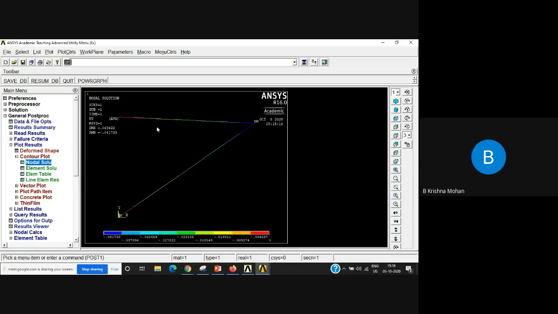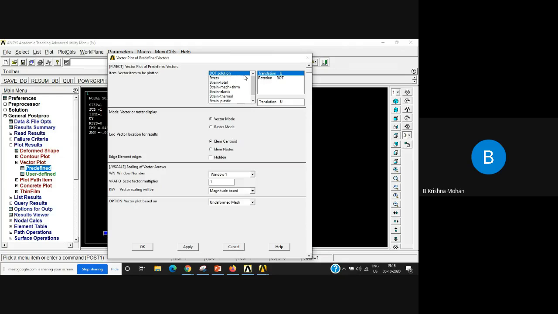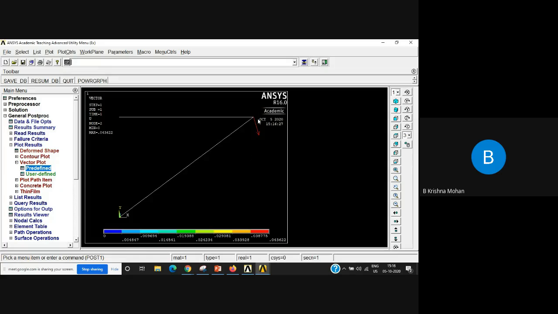Suppose you want to, you can also have a vector plot. So I will use vector plot. I only consider the translations. We are not bothered about the rotations, because you don't have rotations in truss problems. So I'm opting for translation. Click OK. So see, this is the